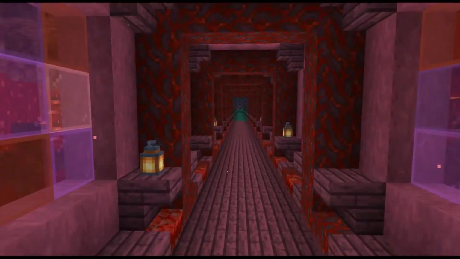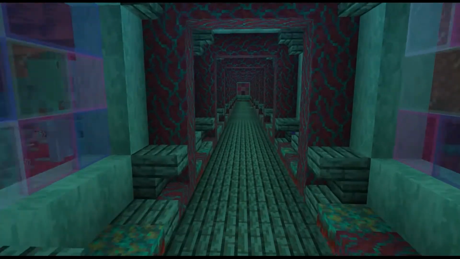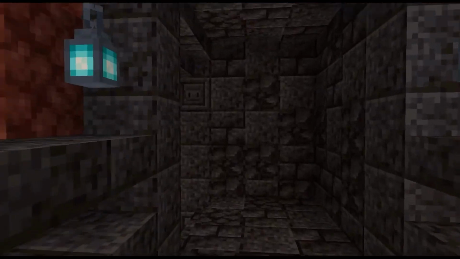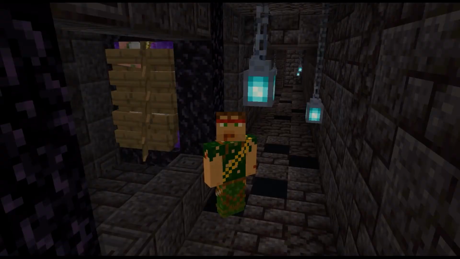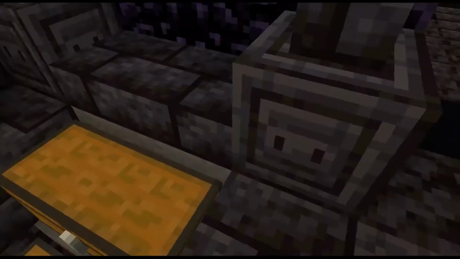So heading through this crimson area, with the beautiful windows and what have you, we enter the warped variant, which is pretty much exactly the same, just with the warped. We enter this lovely looking dungeon-like area, which is the ink farm. Now, this is a farm made back in 1.14 by good old Logical Geek Boy, who I mentioned earlier in the video. We'll get to the random stack of chickens and boats, but heading through the nether portal right here,